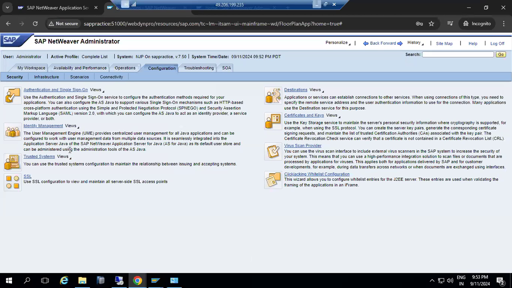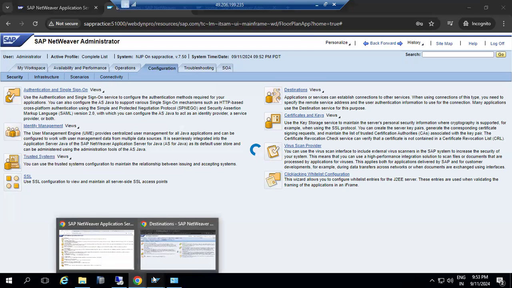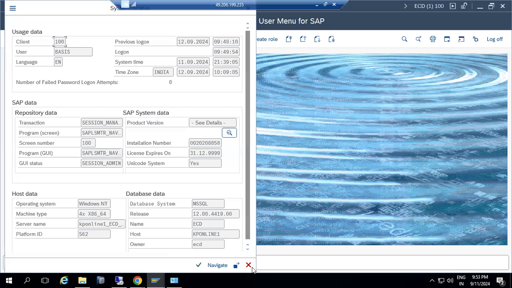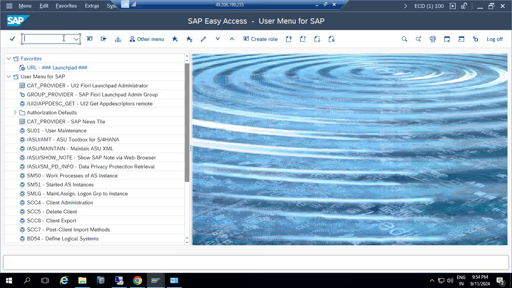SSO will be established. At that time, we will use the trusted connections here. In the trusted connections, the main thing is we need to import your system certificates. System certificates means your ECD certificate into here. Suppose, for example, here we have the ECD. Suppose you need any data from the ECD system from Java, then the ECD certificate we have to load into